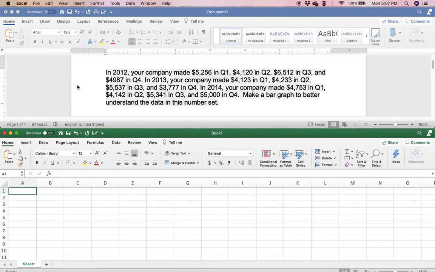Hi. So what we're going to do today, we're going to talk about how to create a bar graph using Excel. So I have a problem very similar to one you see in your homework assignment, and it states that in 2012, your company made $5,256 in quarter one, $4,120 in quarter two, $6,512 in quarter three, and $4,987 in